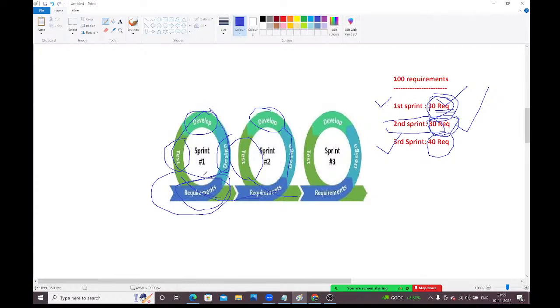See, developers want to upload the code in the GitHub repository. Who will create the repository? Who will create the main branch in that repository? Who will create the developer branch in that repository? Developers won't create, guys. The branch, the repository, everything should be created by the DevOps engineers only. Then only developers can upload the code into the GitHub repository.